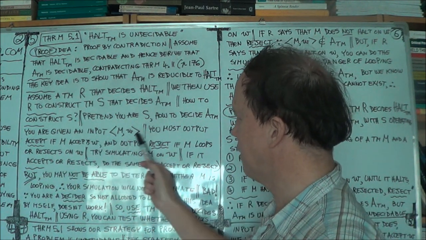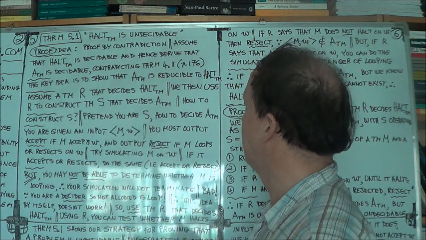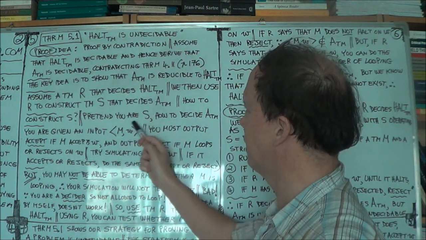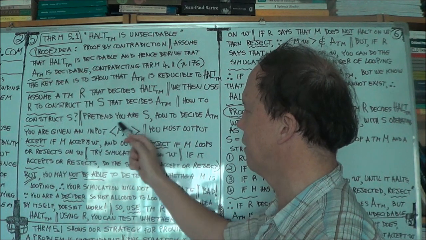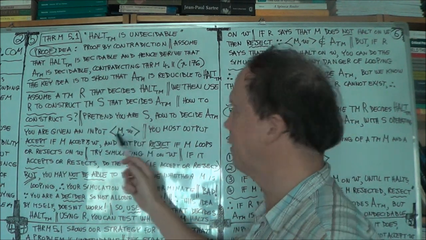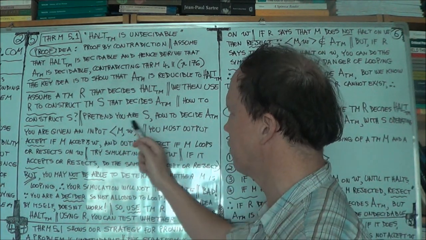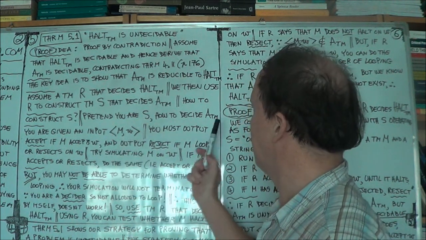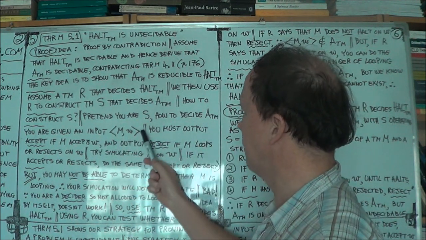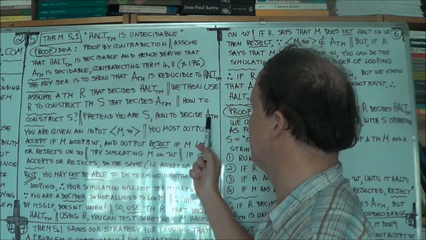So if you're given this input, right? Because that's the typical format of an element of this language, right? It's this ordered pair. And ATM, these ordered pairs, these elements of this language,